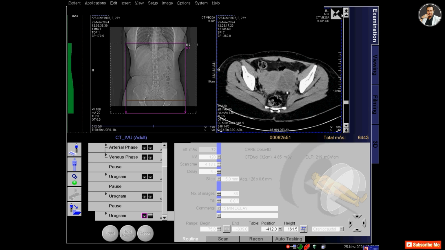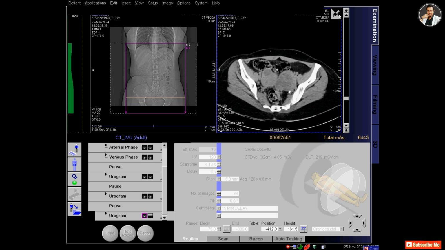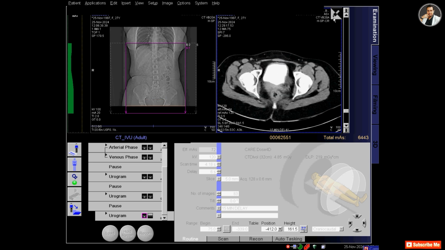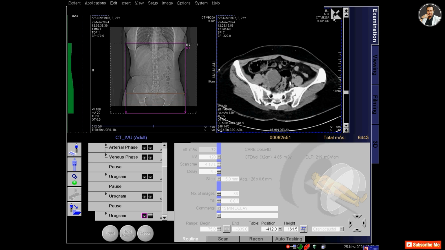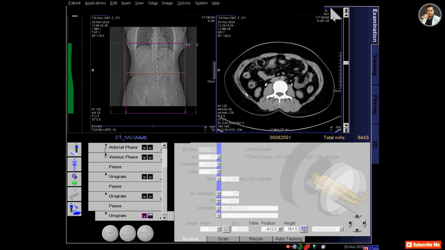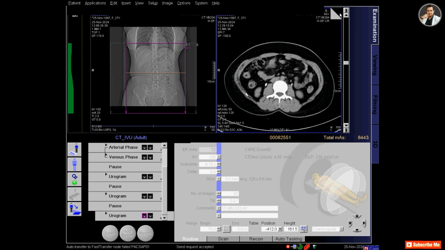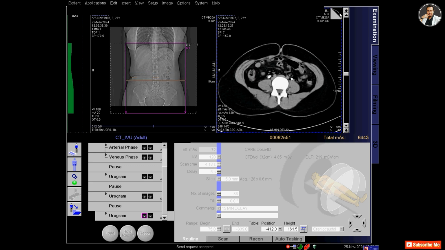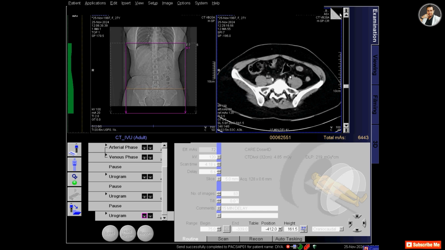So there is a mass lesion in the patient's lower pelvis. So doctors want to see if there is an involvement of the lesion with the ureter. In this 15-minute scan you can see that the contrast is running down with both ureters to the urinary bladder.